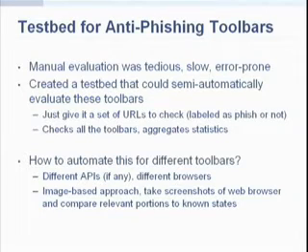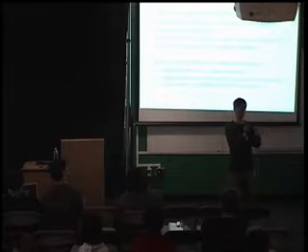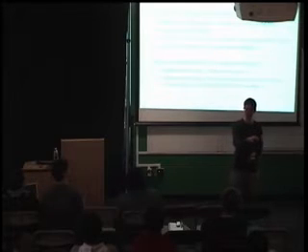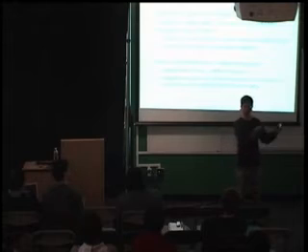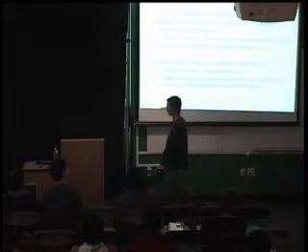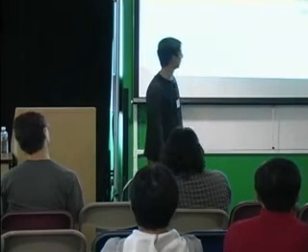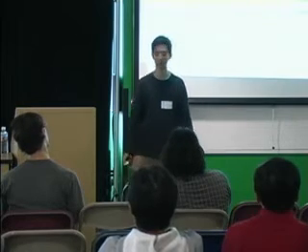So what we decided to do was take an image-based approach, which is we know what the toolbars should look like if it's a phishing attack or not, because they have some kind of signal there. They either turn red or they put up a block or something like that. So we just use a very simple image-based approach: if we know this web browser shows green, yellow, or red, and we know where it should be in the web browser, we just take a screenshot of the web browser, clip out the right part of it, and compare it to our a priori image. So it's a very simple approach, and it actually works quite well for us. If you're interested in this test bed, we just put it together and it's available for download.